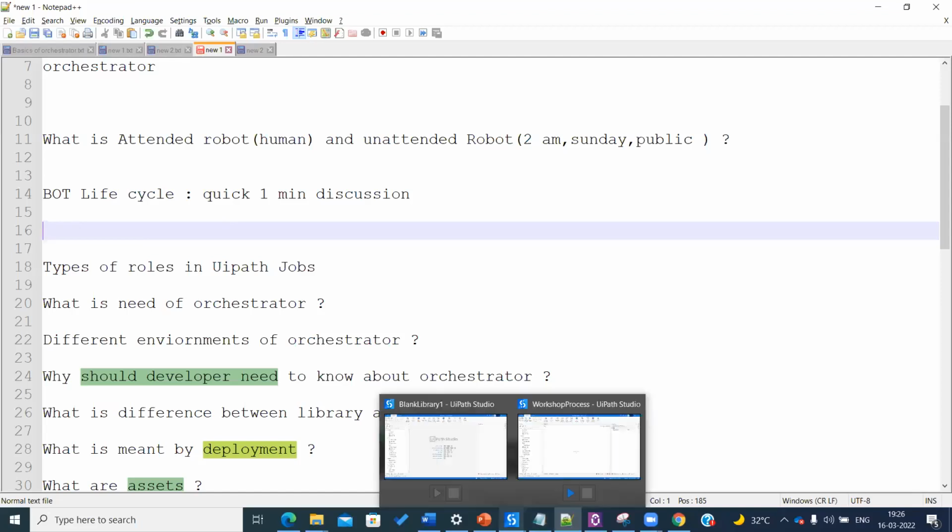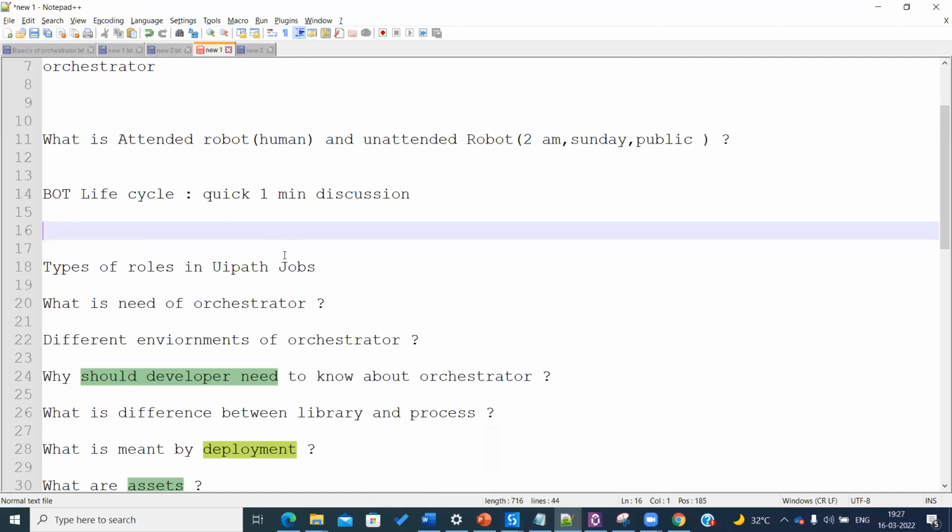Let's say you are a developer. After you complete your work, you push this package to the development Orchestrator. I'm saying development Orchestrator because there is also a testing Orchestrator, and then production. What are the dev Orchestrator, testing Orchestrator, and production Orchestrator?